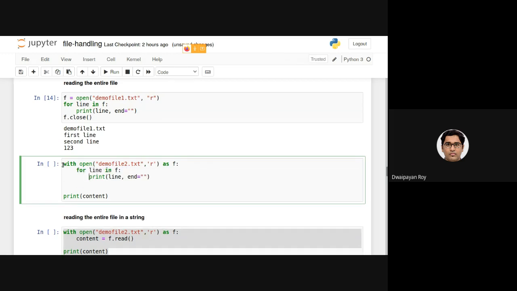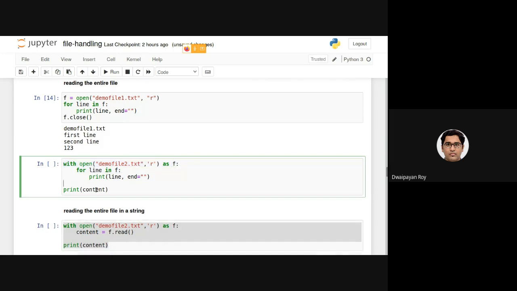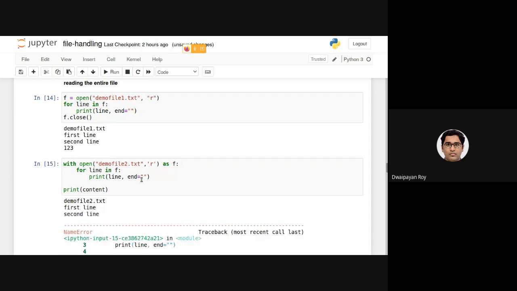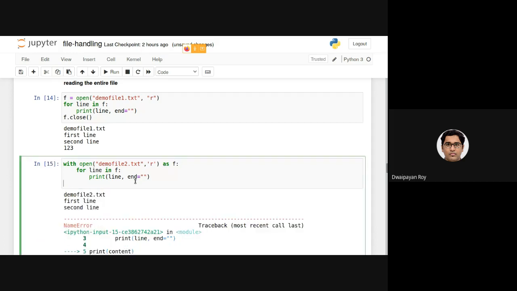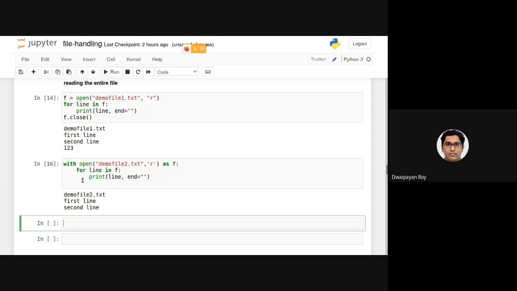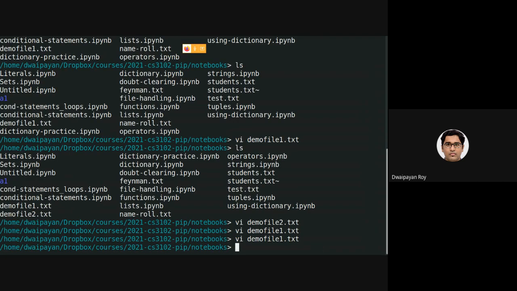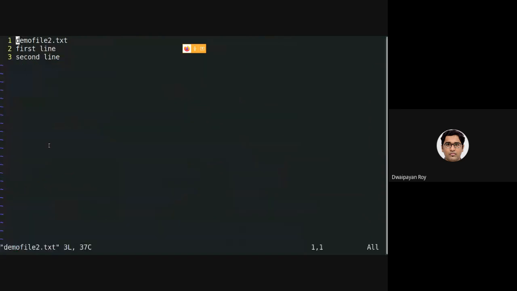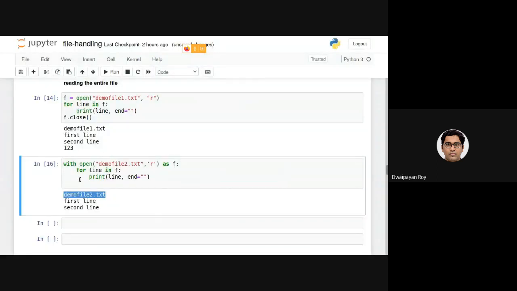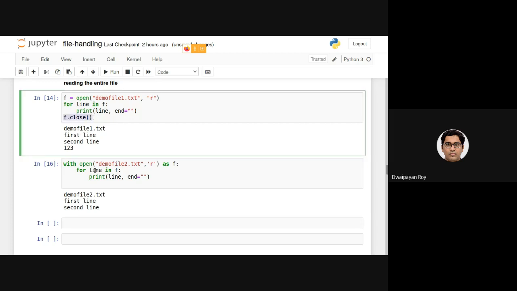So here I'm opening the file in the read mode. Execute this. Oops, sorry, there is no content here. Sorry. As you can see, the content in the demo file 2.txt, which is this, has been printed here. Here, note that I do not have to explicitly close the file.